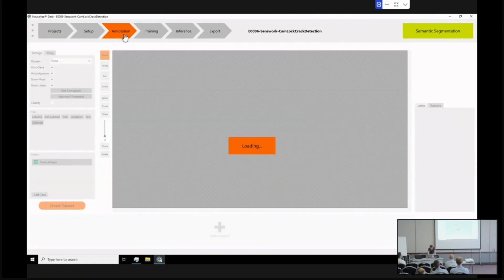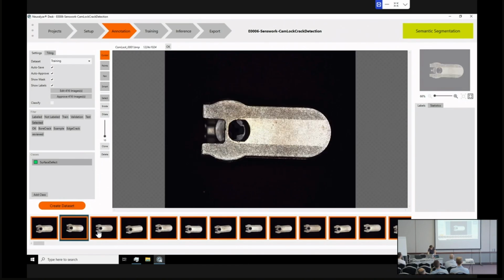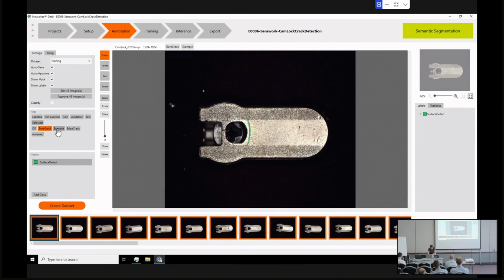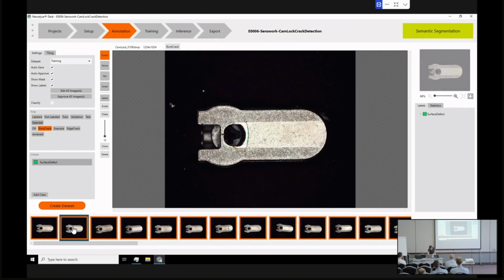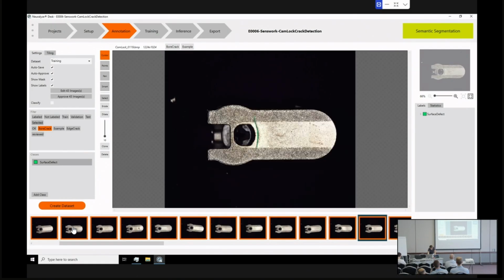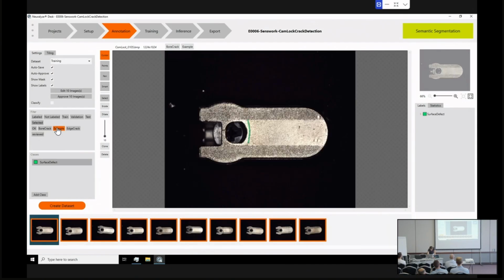So in the annotation tab, there are already images, but the first step you would need to do is, of course, to upload images. And then the cool thing is that you can also organize data by tags. So to not get lost in the limitless amount of data, you can group images by tags, and this is pretty useful. So for instance, the board crack, just so you have an insight into the images, we are just looking for scratches. Here in this case, data is already labeled, but I will also show you some examples, for instance, with the